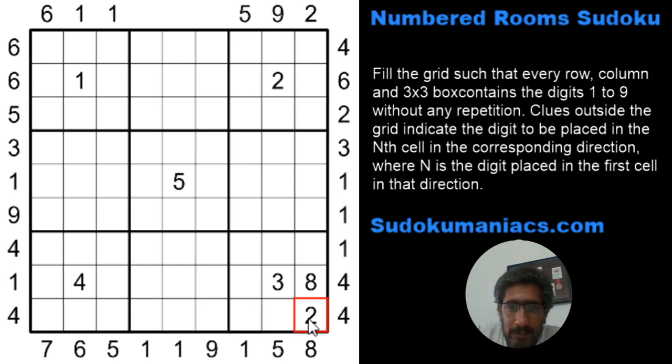Clear? Now that I've got a 2, which basically means this 4 has to be in the second position, which places the 4 here. And since I also have a 4 on the outside, it means that from this direction, left to right, it's in the 8th position, so this has to be an 8. Correct? Now that I have an 8 here for the bottom 7 in column 1, the 7 has to be in the 8th